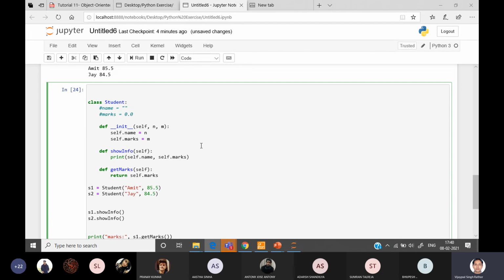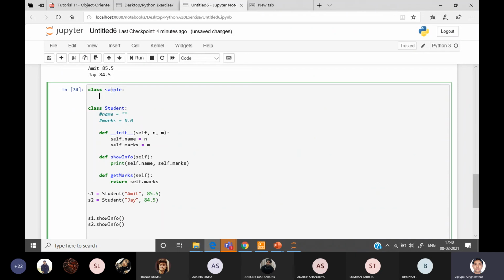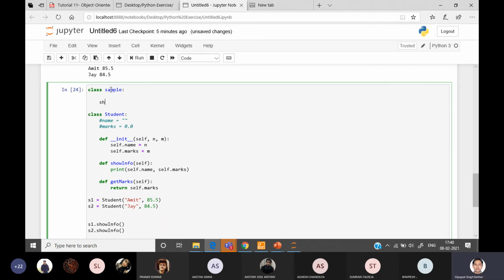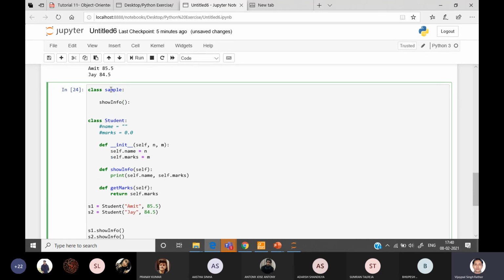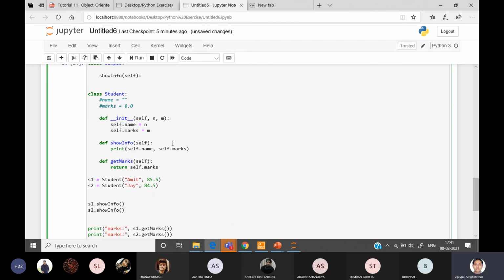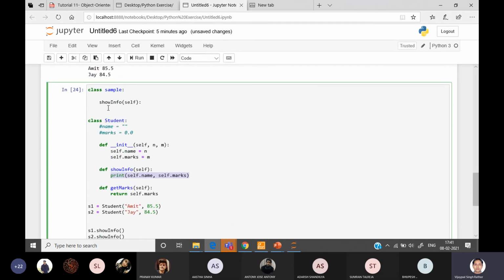So suppose, I told you that I want to prevent the access of some variable inside some other methods. So we can create another class, a sample class, which I created, called sample. Inside the sample class I have created one method, show info. Okay, so show info. I want to access this name, like self dot name, return or print, the same definition I'm writing here. I want to access this name or information inside this show info method, right?